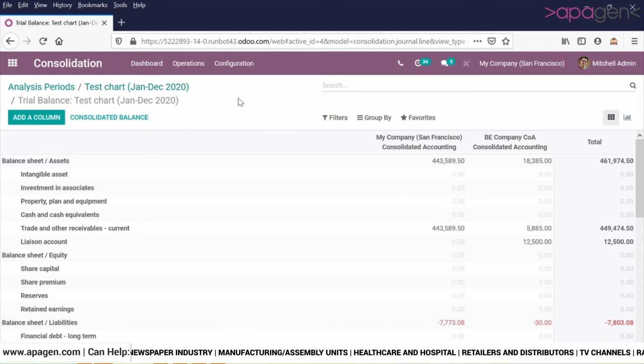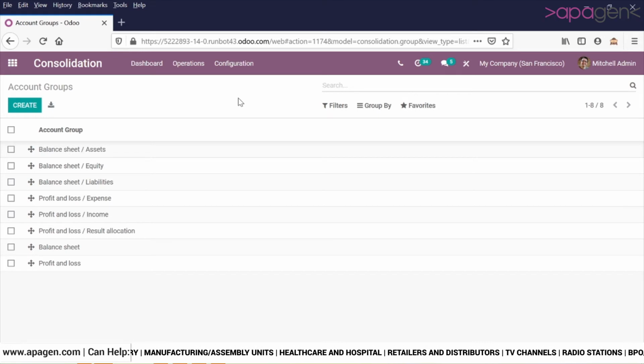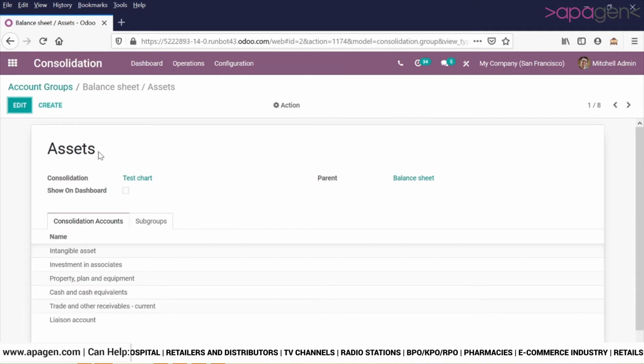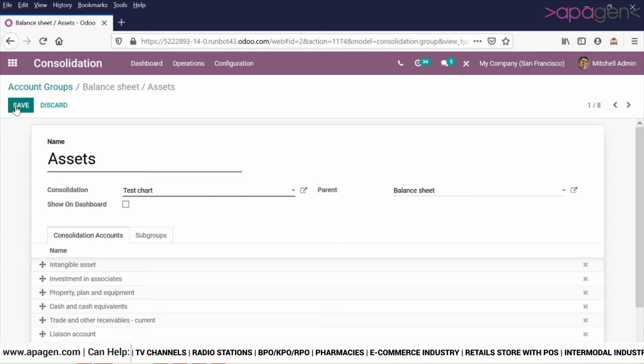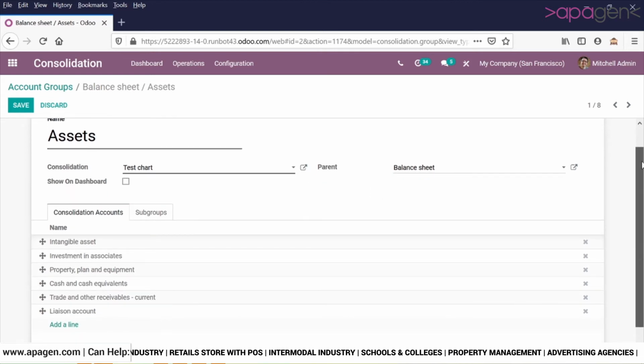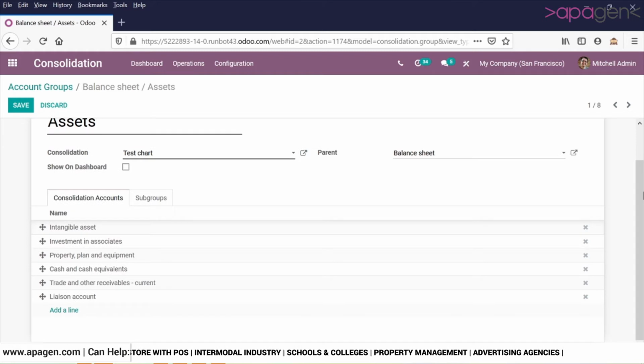Account groups. When we talk about account groups, I can first of all define the actual account groups that I will need, which will help me in the consolidation. For example, if I'm looking for consolidation of assets, I define a consolidation group of balance sheet assets. I can define which parent it belongs to, and then I can define which particular accounts I want to pick.